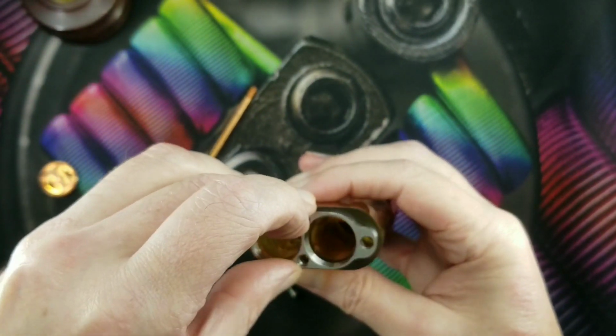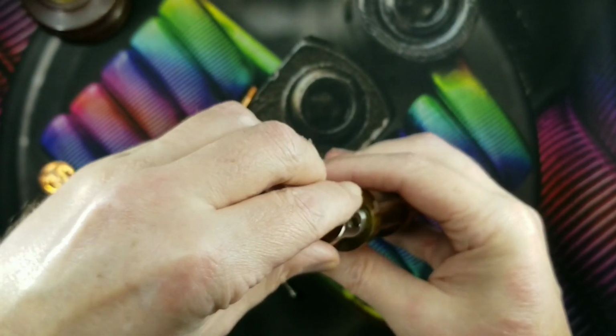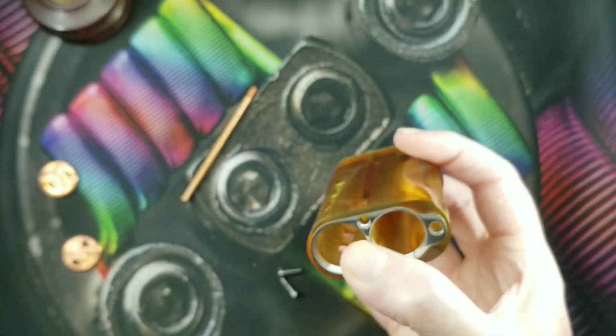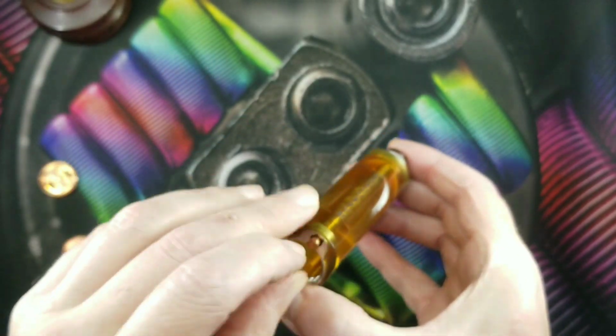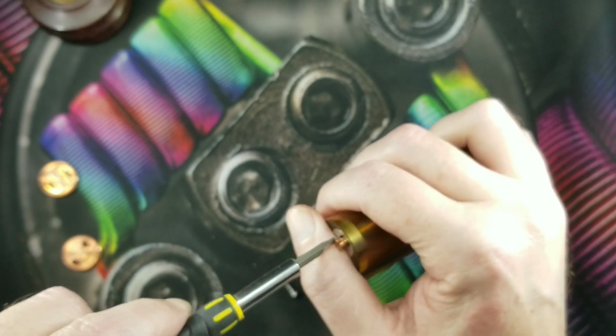Bottom plate. Make sure you have the shiny part out. Okay, the polished side out like so. It snaps, goes right into place like so. Your rod drops in. Now, a lot of you guys asking me, Bob, where can I get my contacts silver